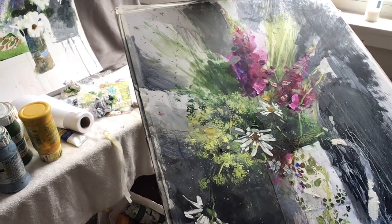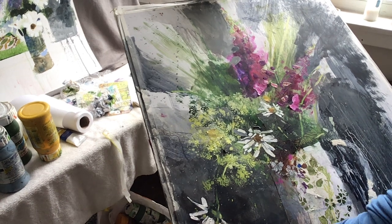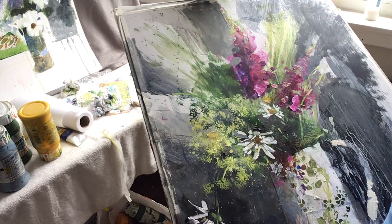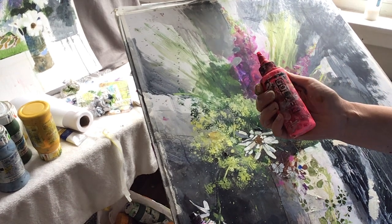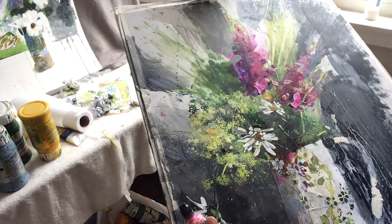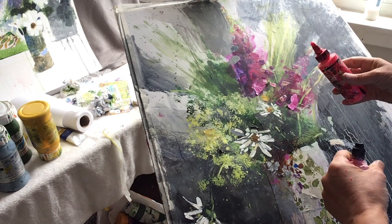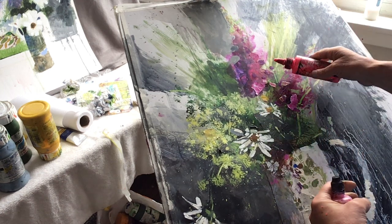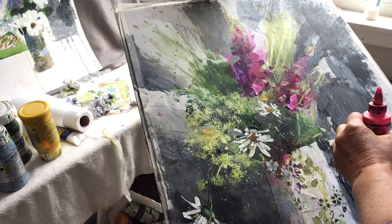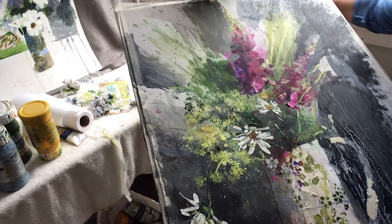Okay, so I said that I would let you see whatever it is that I did next in the Foxglove. And I found my alcohol ink and also this golden high flow acrylic paint that's a fluorescent colour too. Neither of them are really the colour of the Foxglove, but I think they provide the necessary oomph. I'm kind of reluctant to just put it straight on there now. They provide the necessary oomph to bring it up to the brightness now of the,